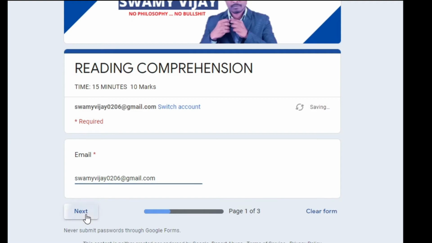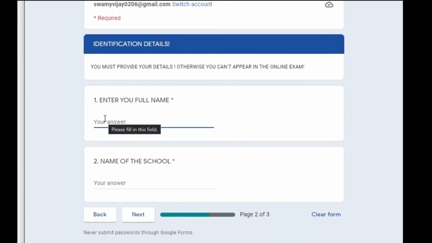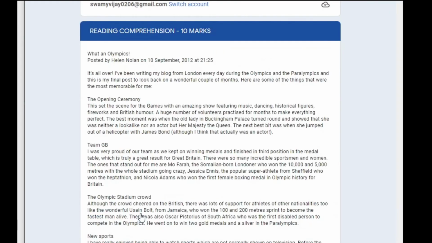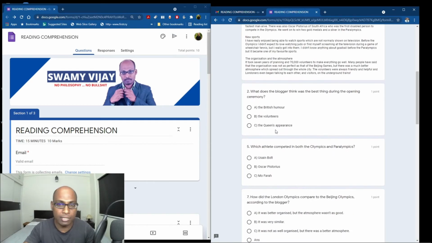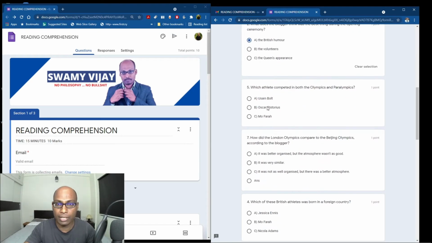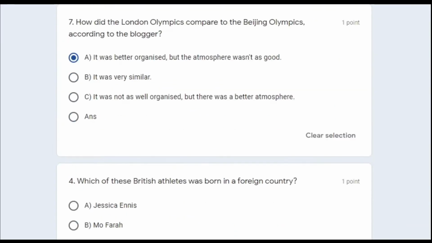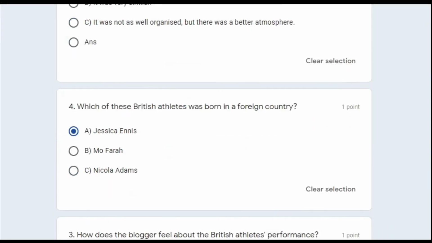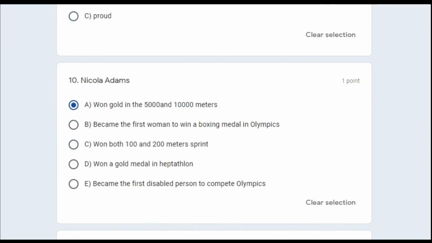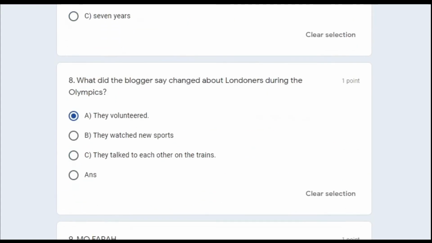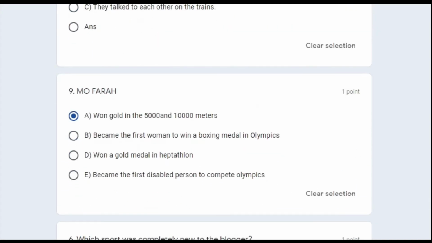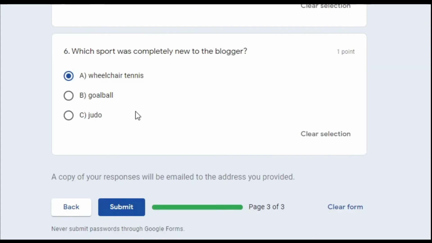So Swami VG0206, select next, name Swami, name of school KV Hebbal. These are the common mistakes we commit in a hurry. So let me again see shuffle. I'll just select answers very quickly. You must be knowing that these are the practical difficulties, practical problems when you are going to conduct the survey. So now I have selected all the answer options.